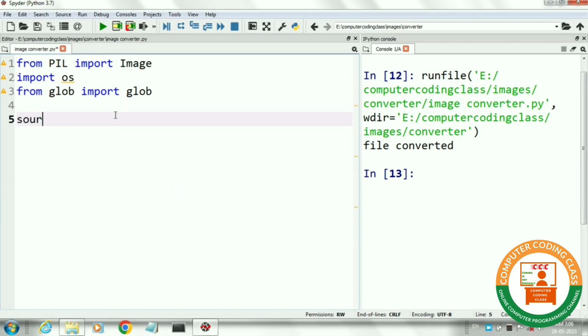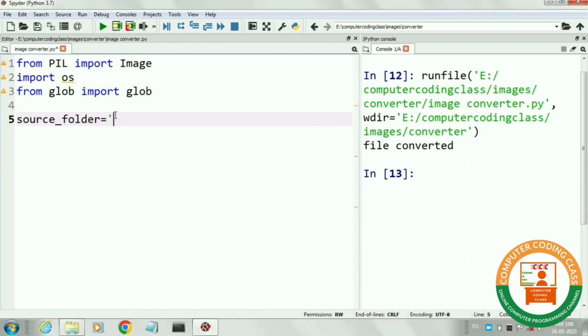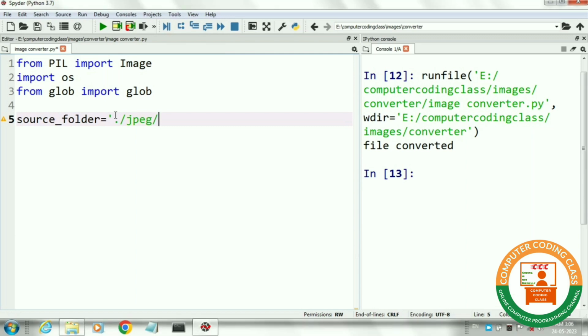In this program, first of all, we will assign the path of our JPG folder where all JPG images are stored. This path is assigned to variable source_folder. Next, we will assign the path of our destination folder where PNG converted files will be stored. This path is assigned to variable dest_folder.